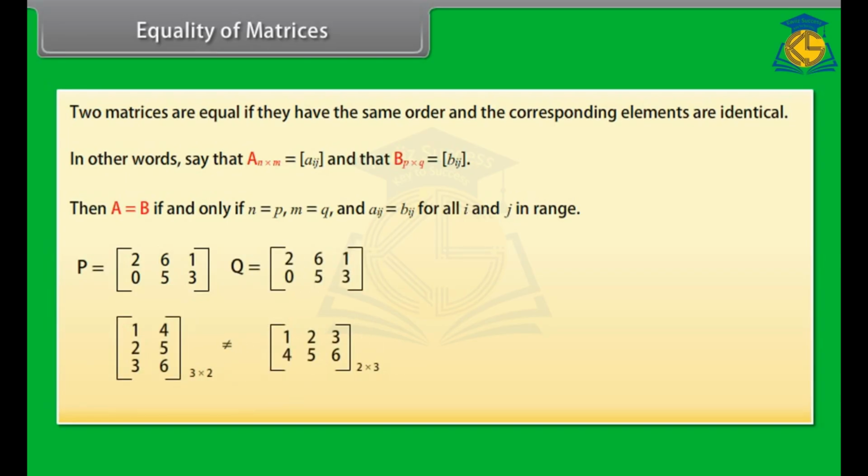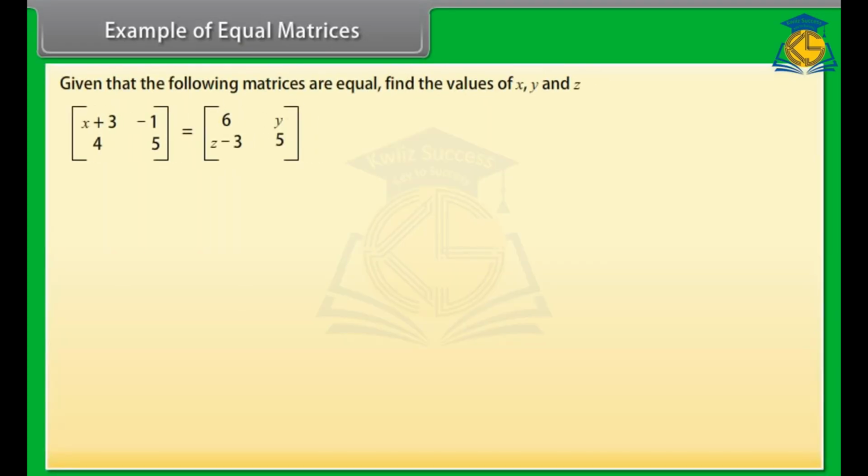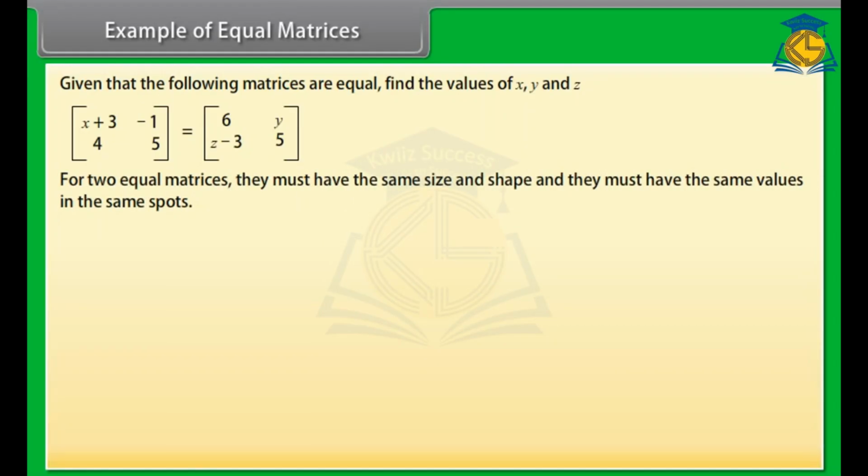Here are two matrices which are not equal even though they have the same elements. Example of equal matrices. Given that the following matrices are equal, find values of x, y and z. For two equal matrices, they must have the same size and shape and they must have the same values in